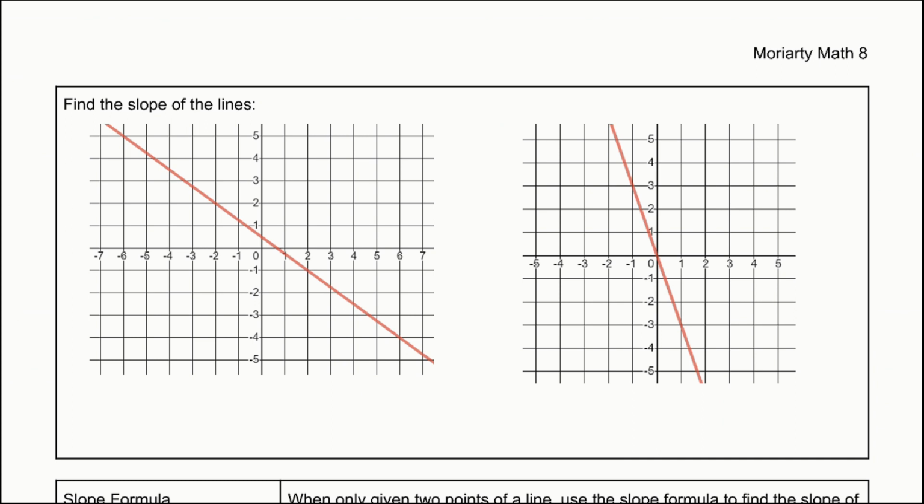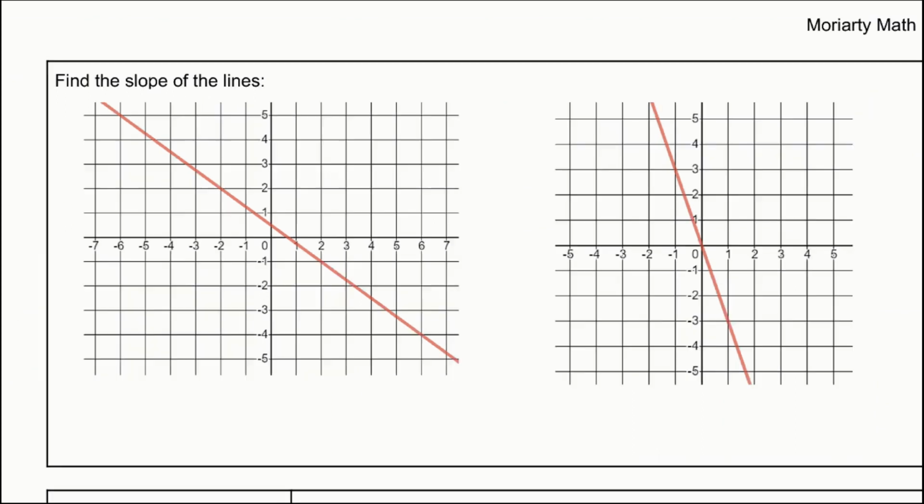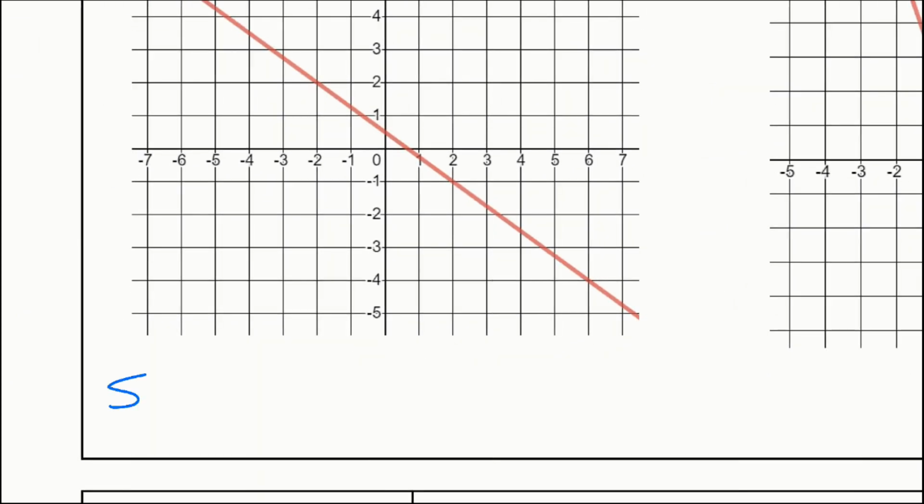So before I forget, I'm going to set this up. This is going to be slope, which is what we're looking for. We're starting to lag. Slope. Slope is m. It's going to be our rise over our run. Now this one is going to be a little bit different,